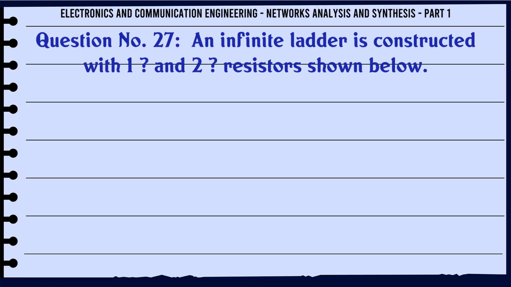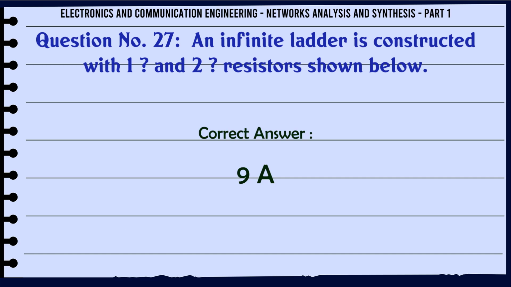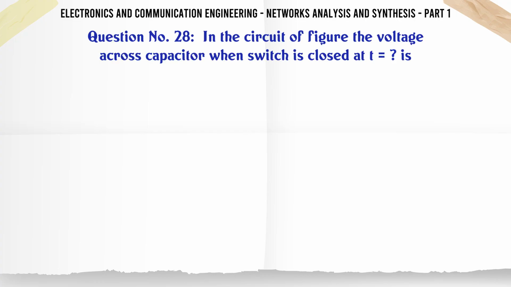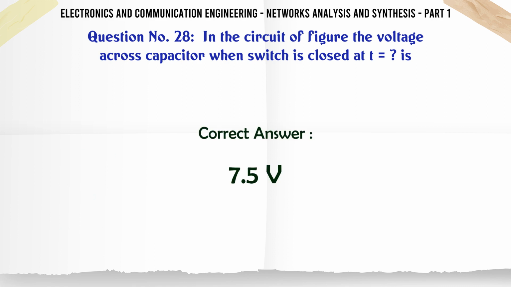An infinite ladder is constructed with 1 and 2 resistors shown below. A 8.18A, B 0A, C 9A, D can't be determined. The correct answer is 9A. In the circuit of figure the voltage across capacitor when switch is closed at T is A 0V, B 20V, C very large, D 7.5V. The correct answer is